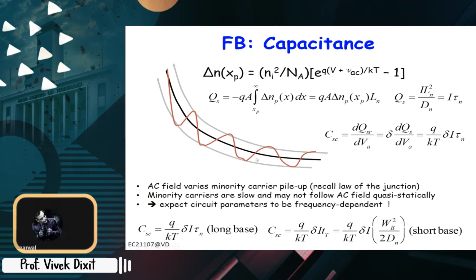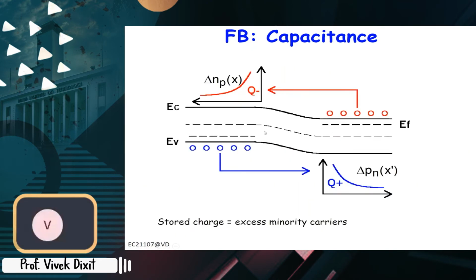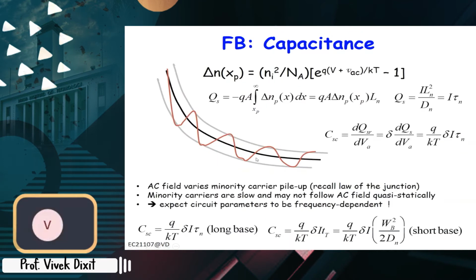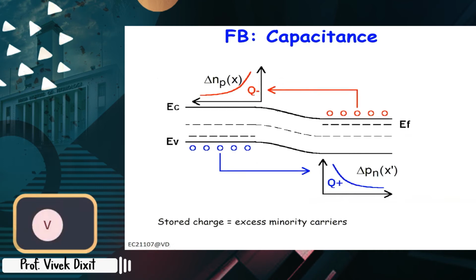So let's continue. In the case of forward bias, the depletion region is very narrow, so your depletion capacitance you can ignore; it's very small. In the case of the diffusion part, a lot of carriers are diffusing, both to the N side and the P side. Now, if you notice here,